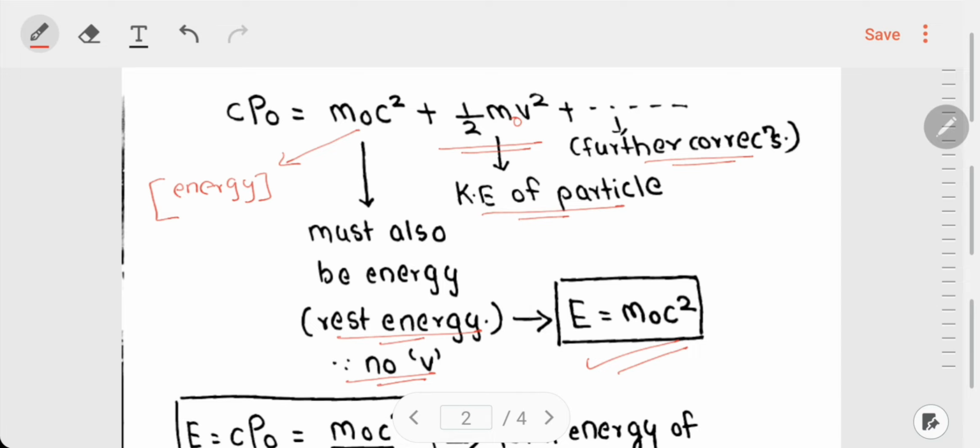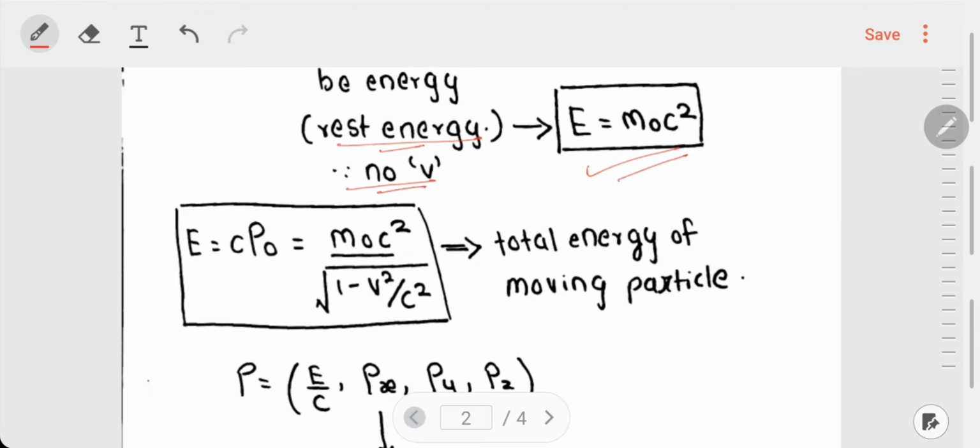So according to Einstein, when an object is at rest and there is no kinetic energy, the fun is not over. It has the energy which corresponds to its mass, and that is nothing but the rest energy. And in this way, Einstein led the way towards getting energy from nuclear reactions. He actually did not develop nuclear reactions and the mechanisms for them, but he carved the way through this equation that we can get energy from the mass of an object, and that is nothing but Einstein's famous equation, E is equal to m naught c square.